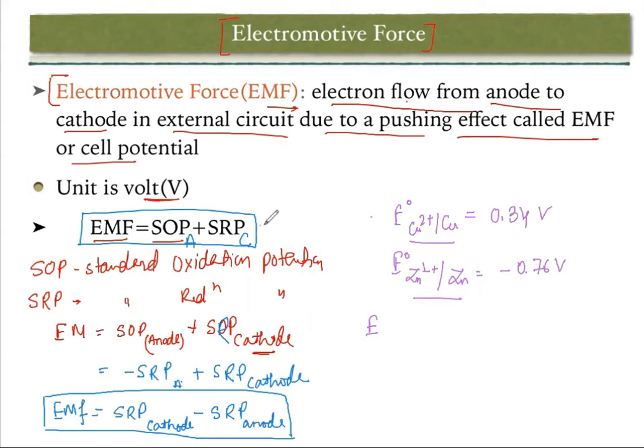So I prefer this method or this method. Okay, you can convert this SRP into its oxidation potential and find out, but don't go for that. Just try to solve in terms of reduction potential. Okay, so E is equal to, as we already know, SRP of cathode minus SRP of anode. Now, which one is cathode, which one is anode? Remember one concept: if reduction potential is high, that means this will be your cathode. And the other value, obviously, that will be the anode.